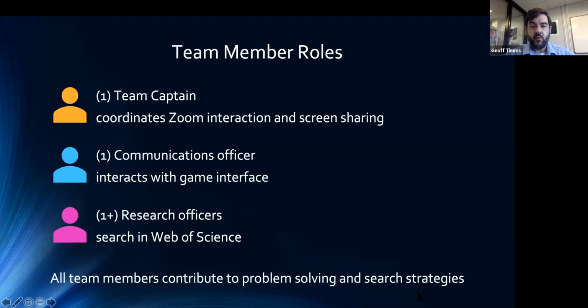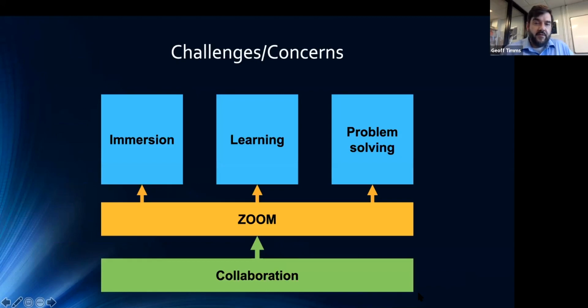We'll also have one or more researcher officers whose role will be to search within Web of Science. And those screens will be shared as appropriate with the team. All team members have to contribute to all of the problem solving, search strategizing activities and so on. We do have concerns about this. Our biggest concern is just how successful can player collaboration be through the filter of Zoom.